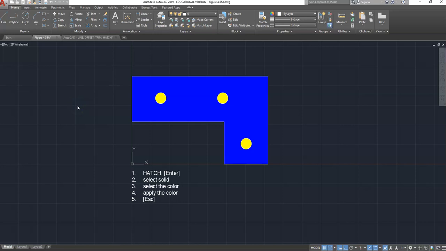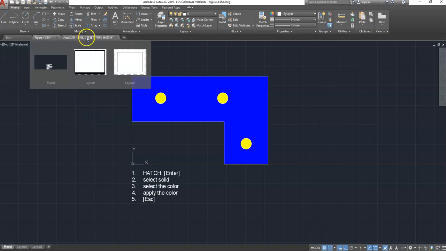Hello class, today we're going to draw figure 4.55a, and this is what that figure looks like after it's been completely created. So without any further delay, let's go over to AutoCAD and